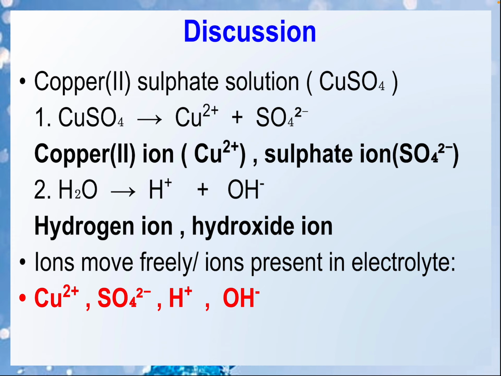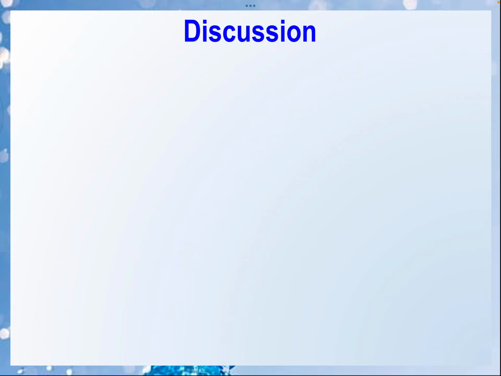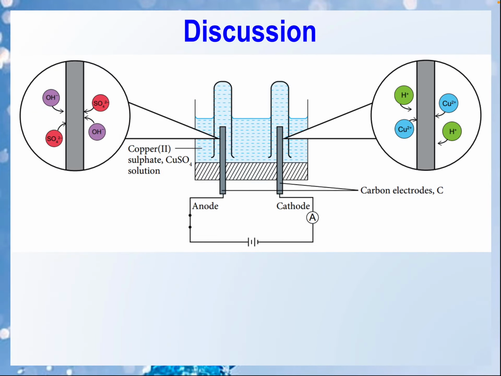So daripada 4 ions ni tadi, kita akan tengok mana ions yang akan attracted to cathode, mana ions yang akan attracted to anode. Itu dulu yang awak kena tahu. First, ion yang present. Yang kedua adalah mana dia attracted. Okay, so now kita tengok sama-sama. Cathode tu adalah electrode yang bercas